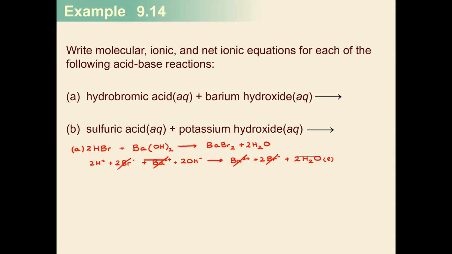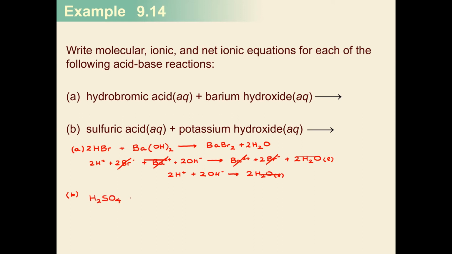And you will now see that my net ionic equation is going to be 2 H pluses plus my 2 OH minuses now yield 2 H2O liquids. This is the proof that our HBr is a strong acid. So let's go ahead and try B now. For B, I have sulfuric acid. So that is going to be